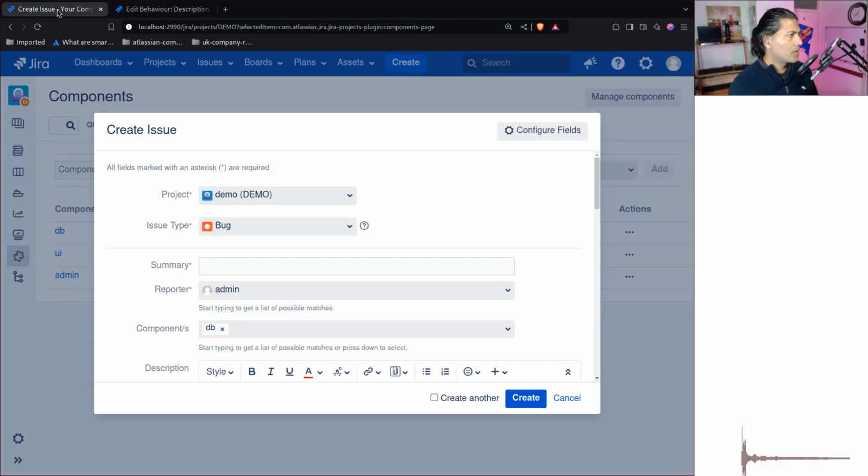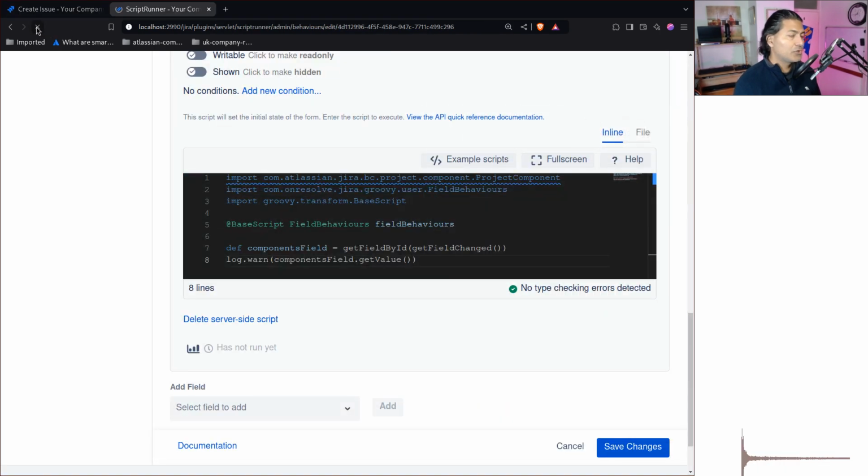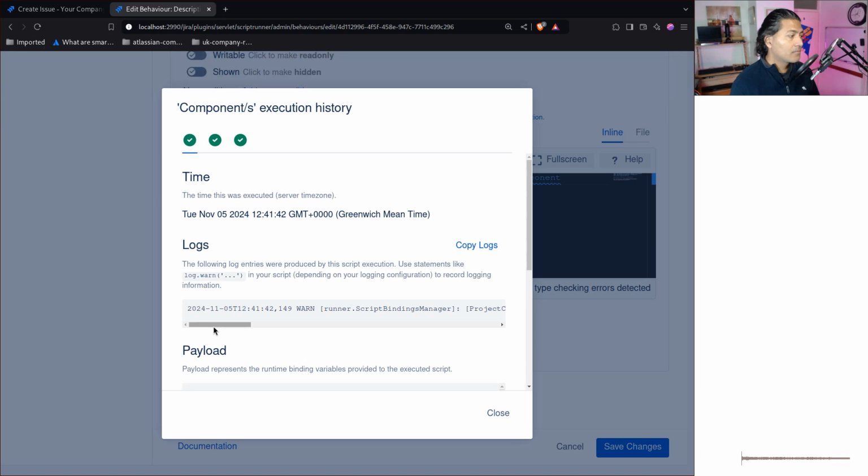And if you now go back to your project, and select DB or admin here, and if you now refresh your behavior, you will hopefully see something in the log, and this log will basically show you the things that you are going to work on. So basically you can see here that we have these components that we want to use, and as you can see, you will get a collection, and in that collection you have the first component, which is again